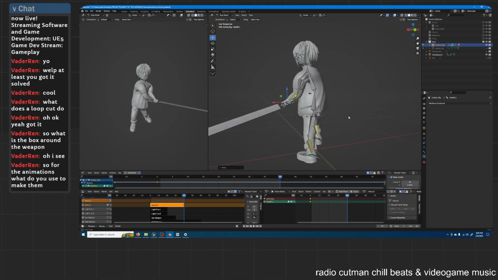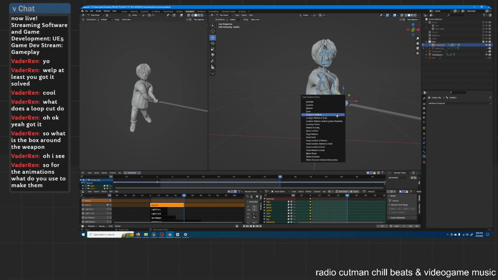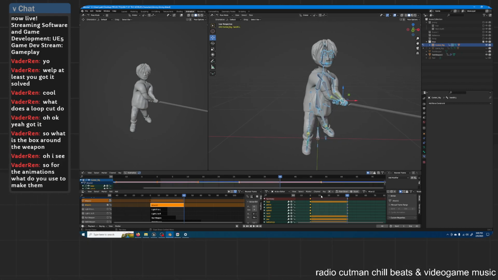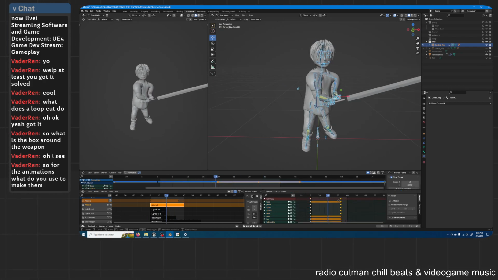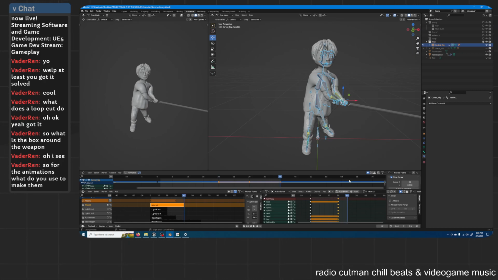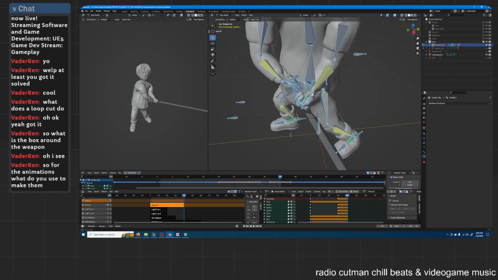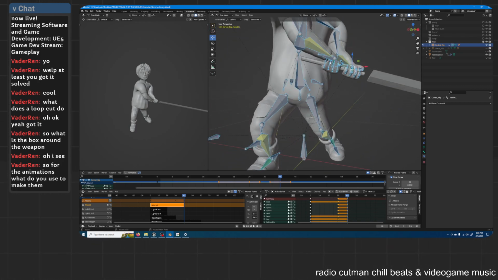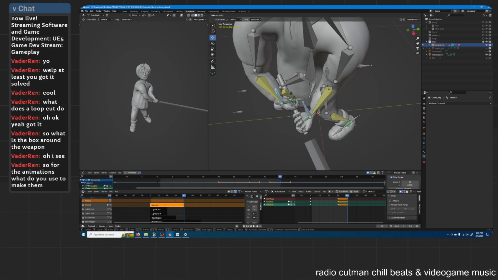Yep, just making sure it looks good from all angles. Okay. Keyframe that. Very good. Actually, put that on frame 30. Do what we did before. And then we'll just give these a bit more weight. Just like